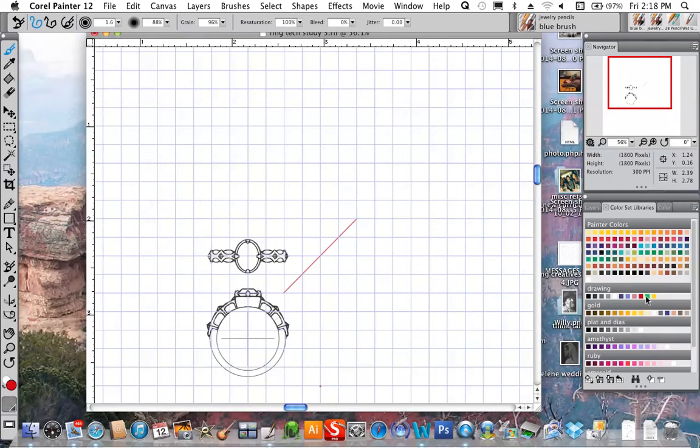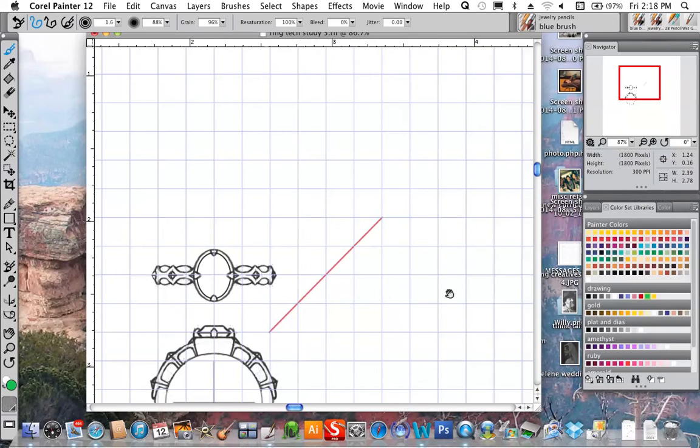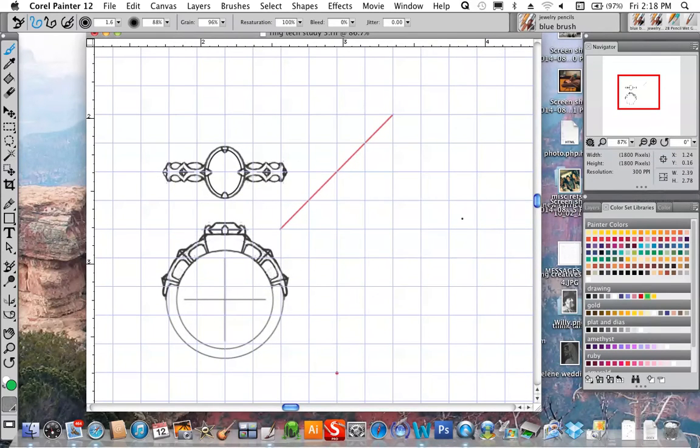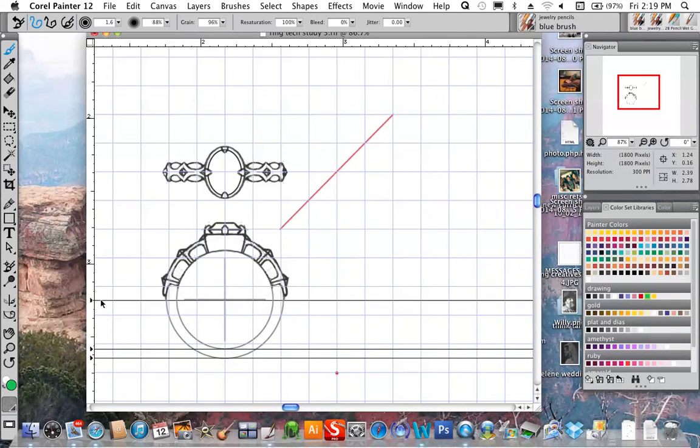So I'm going to bring some lines over and around. Set up my drawing. Okay, I can bring over a reference from here. I can bring over to the side view from the front. I can bring over a reference for the inside of the finger rest, middle of the ring bore,